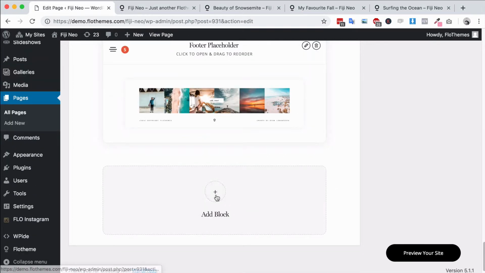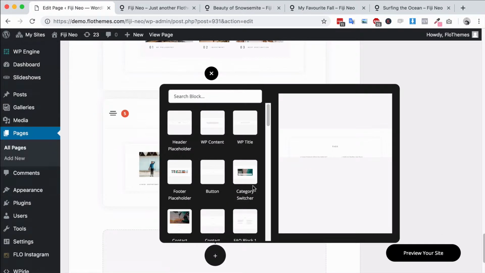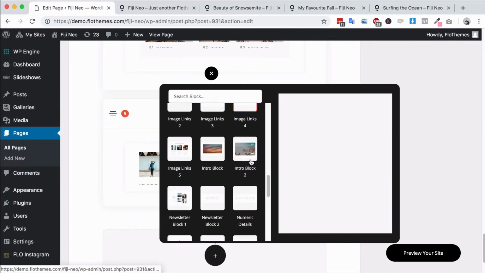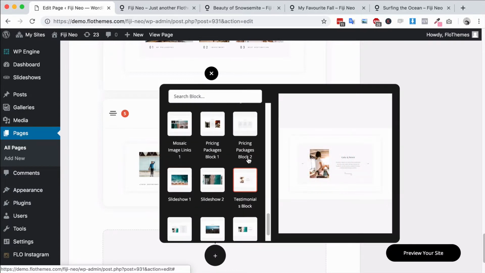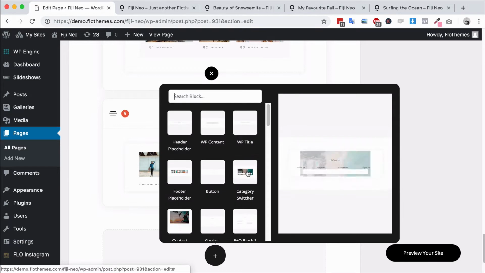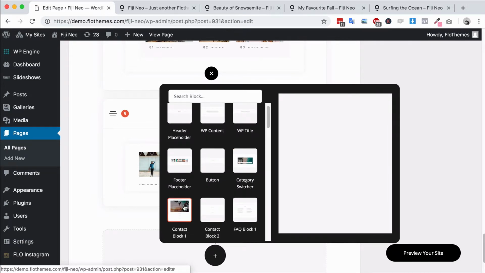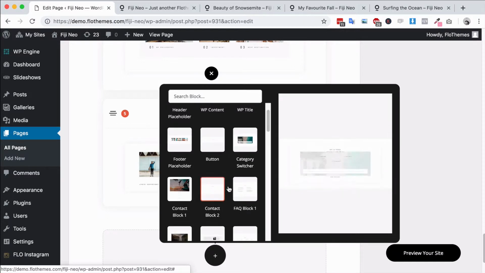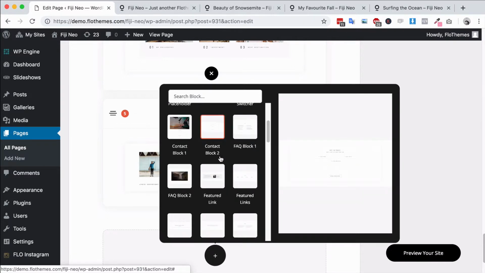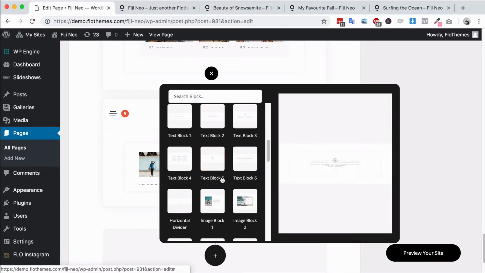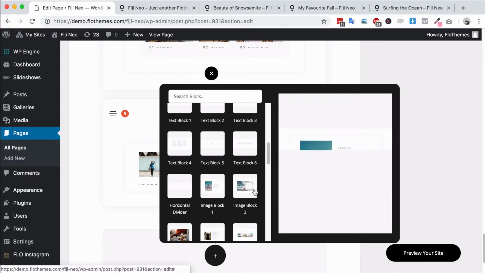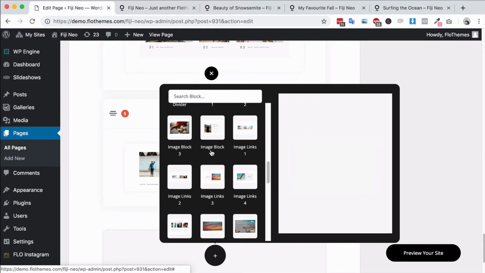If you want to add a new block, you can choose from any of the blocks that are inside of here. And most of your themes will have 40 plus blocks available to you. You'll have a number of different blocks that are very useful. For example, you'll have contact blocks, which are great, buttons for creating call to actions, FAQ blocks inside Flothemes and Fiji specifically. You'll have options for links, different types of text blocks, image blocks with links as well, image blocks